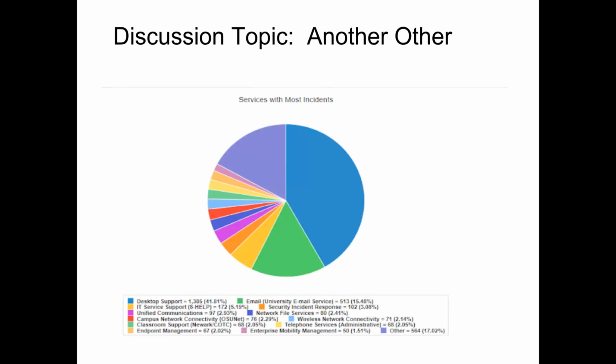For example, if I show somebody this chart, there's that big blue spot, that biggest spot, and someone might ask me, what are those? And I can say, well, the service that we've defined it as, the service that we've put it under, I can even tell you who all those were assigned to and who took care of them. But the service that we put that under was desktop support. And I think this was a rolling 3 months, just to give you some background, for a specific customer set, of how many records we received. And that's how large a percentage desktop support was for the specific customer set.